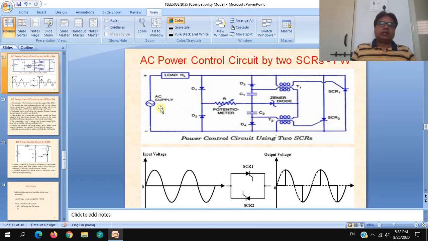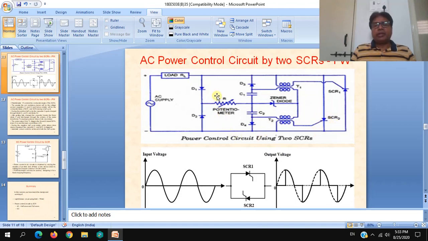Now we shall see the actual operation. During the positive half cycle, the current has two paths, load via SCR2, which is forward biased, while SCR1 is reverse biased, so it cannot flow like this. So it takes this path, but SCR2 is in off position. Again, this is the secondary of the pulse transformer, nothing will happen. D2 opposes, so the current flows via D1, potentiometer, C2, D4 and back. So SCR2 is in forward off state. It is forward biased, but it is in forward off state.